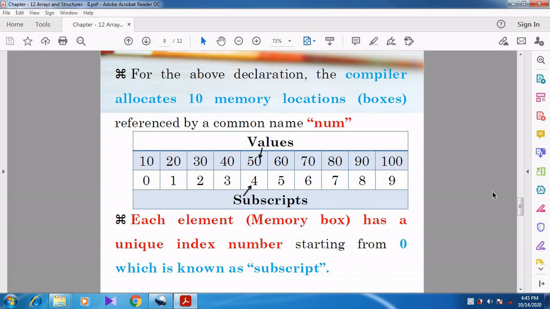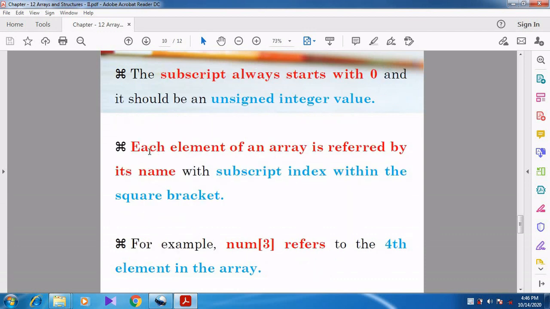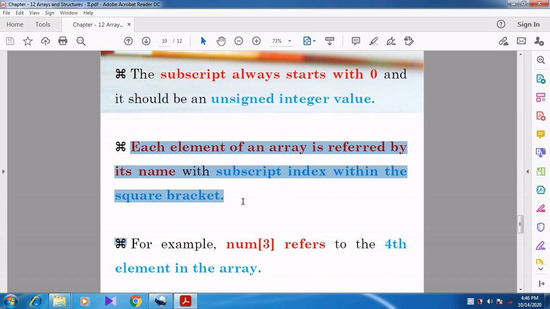If I want to use the value 20, or the value 60, how can I access that value? See here, each element of an array is referred to by its name with the subscript index within the square brackets.